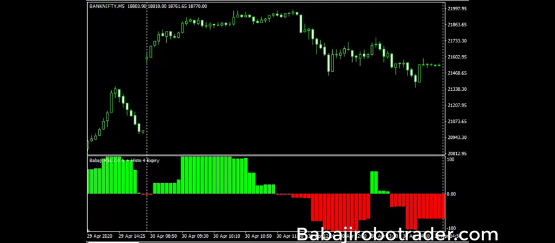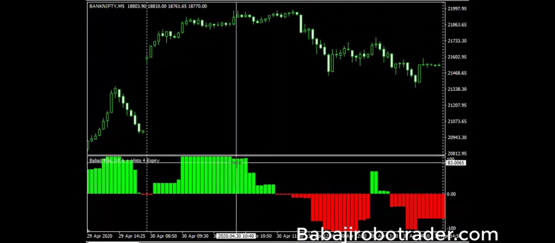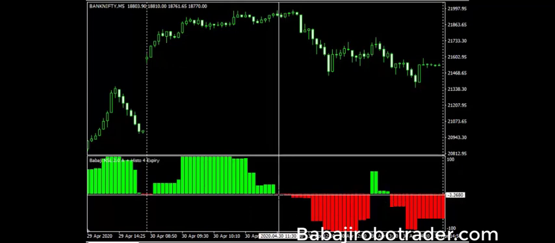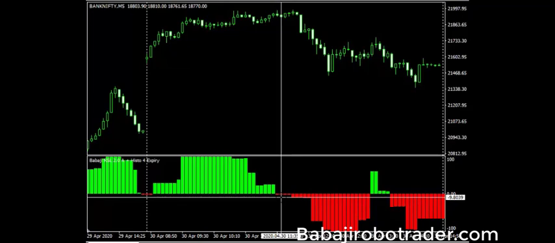Again, our condition is that we have to take trades after 12 PM. This is our first trade, from green to red. On the second candle, you will take the position. The time is 11:35, because in the MT4, the offset is 30 minutes. If the MT4 is showing 11:35, it means our time will be 12:05.